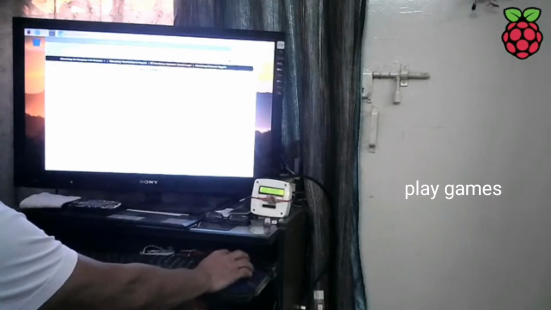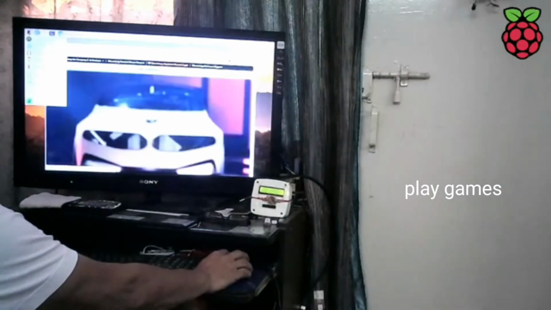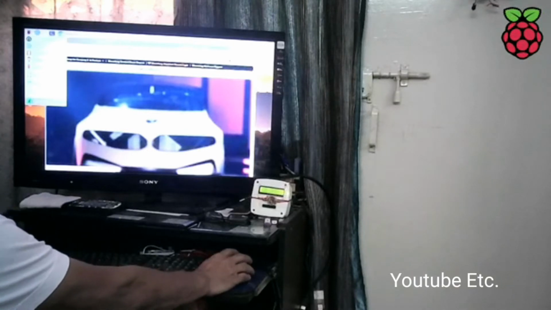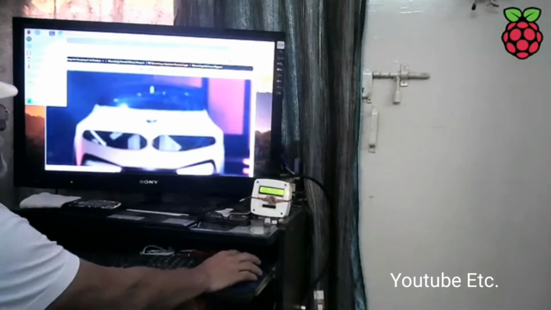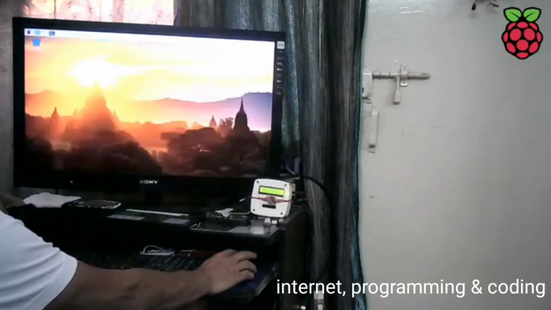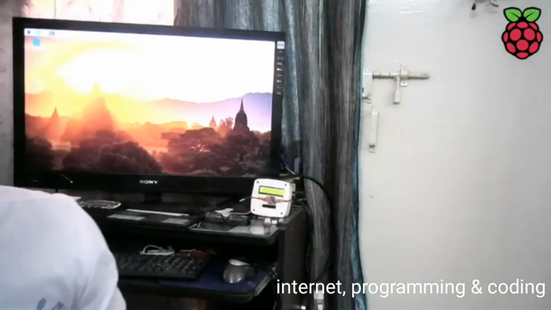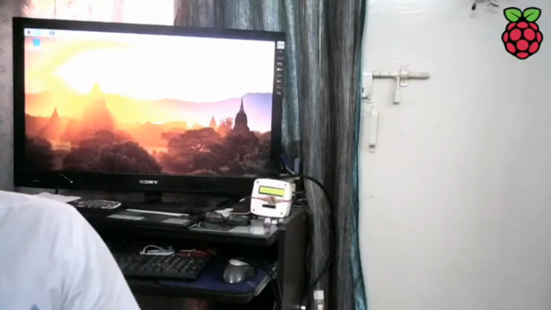No extra cable is needed for the router. You can play games, whatever you want. So it is very easy. YouTube, etc. you can watch. So many programs you can use it for: internet, programming, coding, like that.